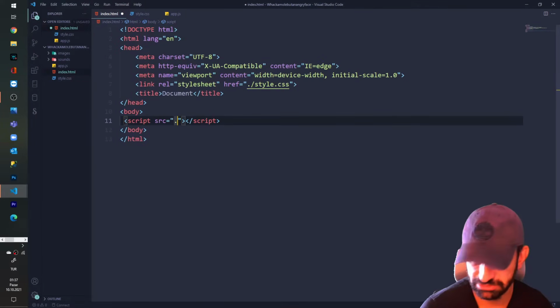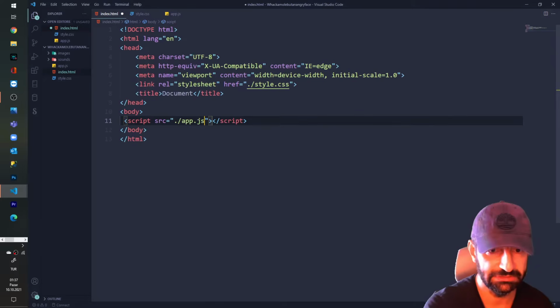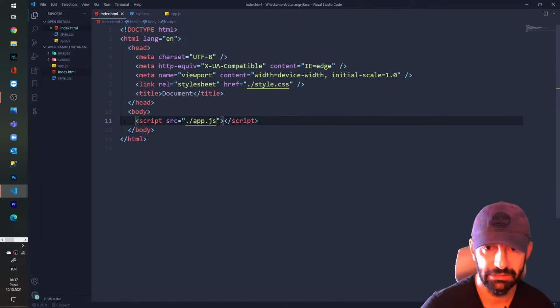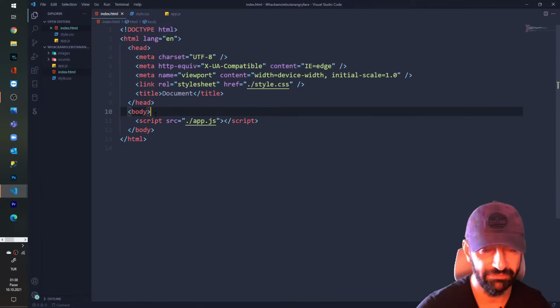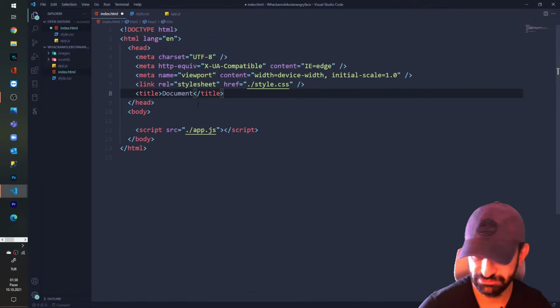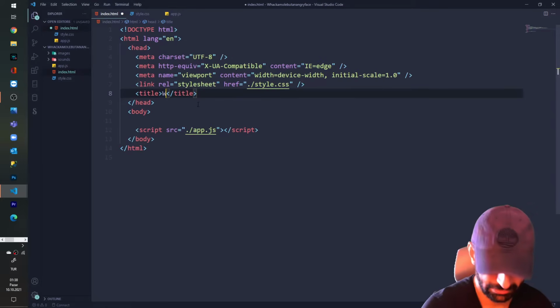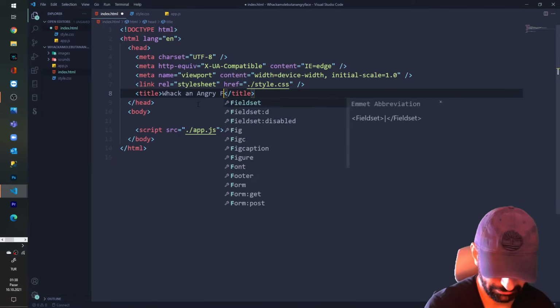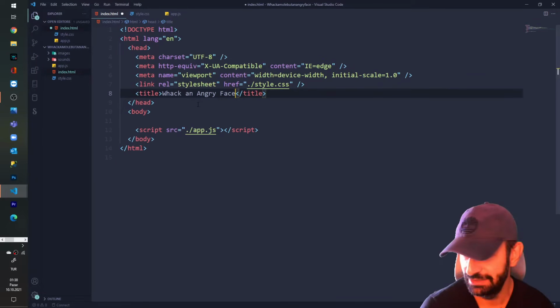I say src and app.js. I save, and then I rename the title of my index.html to Whack-A-Mole and angry face. Yeah, because I love animals.